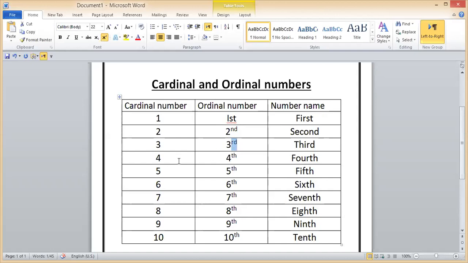For four, if someone is at fourth position, add TH. From 4 to 10, all numbers, you just have to count, 4, 5, 6, and for telling the position, add TH as the suffix. If you count they are 7, the position is exactly that, 7, 8, 9, and 10. And you should also know their number names. You should learn how to write first, second, third, fourth, fifth, sixth, seventh, eighth, ninth, and tenth.